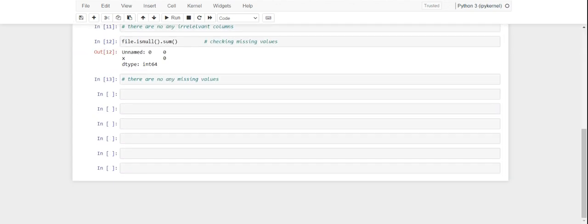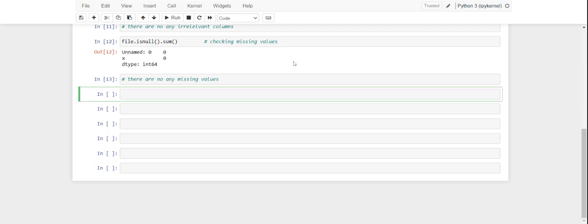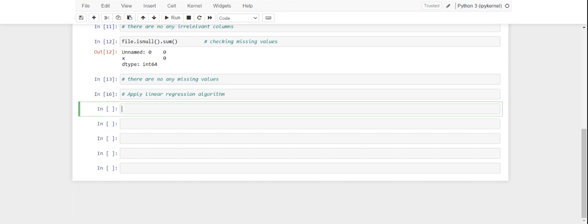All right. In this way, I will do that thing. Now, after having no missing values, what I need to do is go ahead and, from the sklearn library, apply the linear regression algorithm. What you need to write down here: